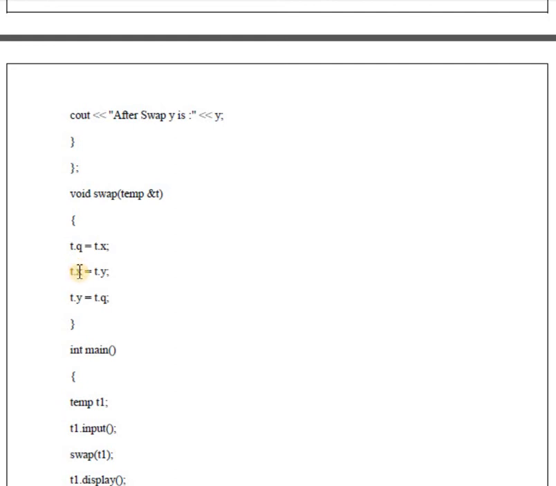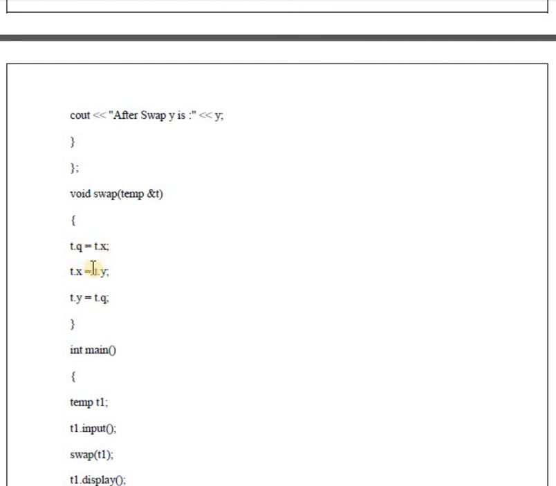After that, in the first variable, we are storing the value of the second variable, and at last in the second variable y, we are storing the value of temporary variable q. In this way, we are doing the swapping of 2 numbers by using a third variable, that is q.